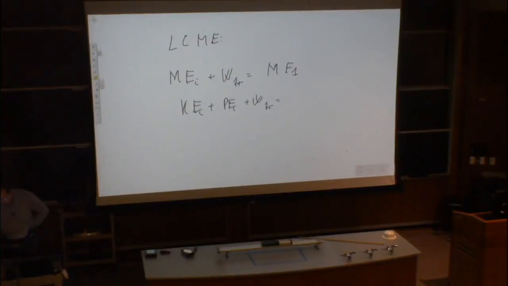So the law of conservation of mechanical energy in general: mechanical energy initial plus the work done by friction equals mechanical energy final. So kinetic energy initial plus potential energy initial plus work done by friction equals kinetic energy final plus potential energy final. Now, when everything is happening on the ground, we don't have this term. mg0 equals 0. So only kinetic energy